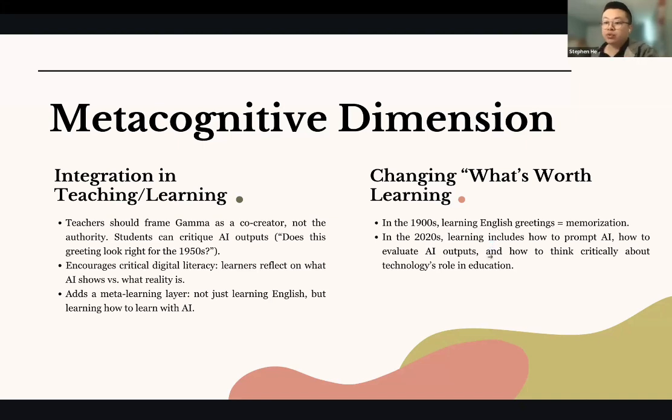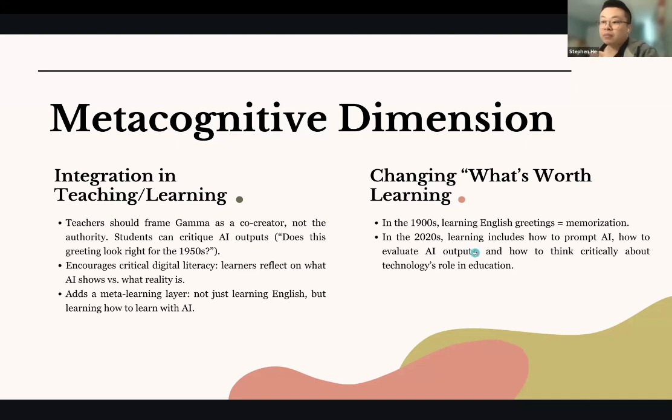And this also brings up another point. Does Gamma change what is worth learning? The short answer is definitely yes. In the past, students learned by simply memorizing sets of dialogues, like "How are you? I'm fine, thank you, and you?" I think this is a very traditional Chinese joke. But today, part of learning is also about how to learn with AI. That means understanding prompts, recognizing bias,